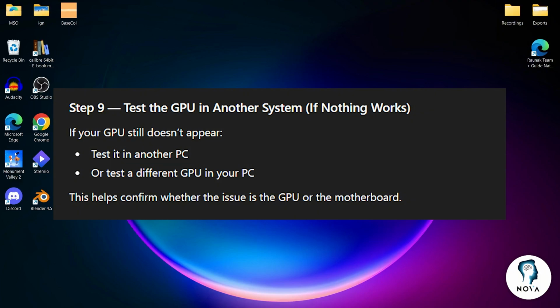Step 9 is testing GPU in another system. So if your GPU still doesn't appear, test it in another PC or test a different GPU in your PC. This will help confirm whether the issue is in the GPU or the